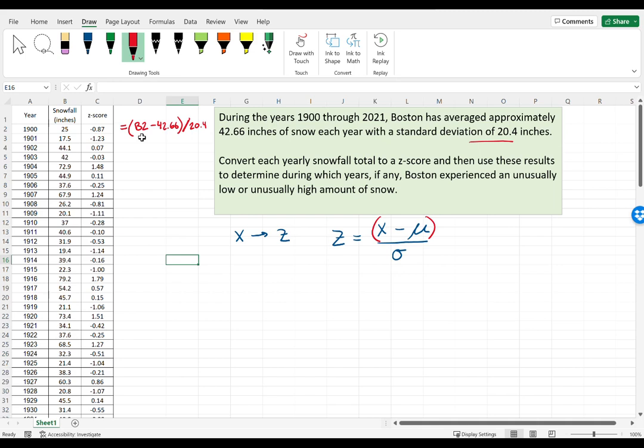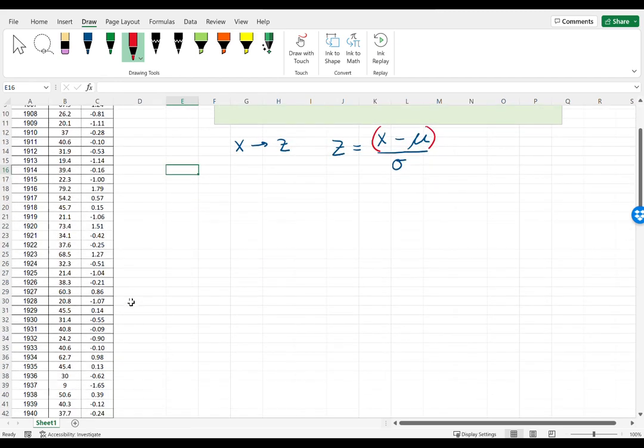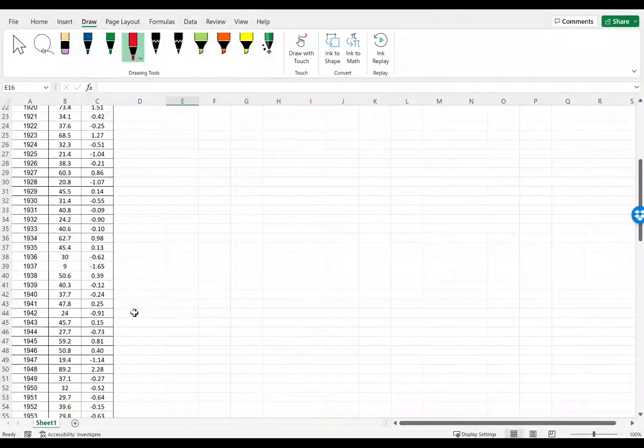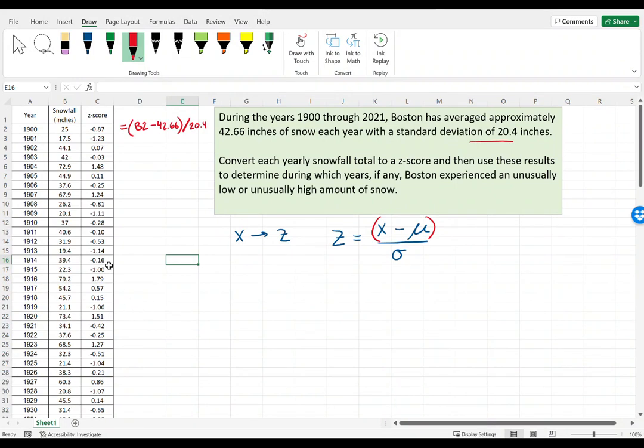That's precisely what a z-score is. It's just an abbreviated way of saying the number of standard deviations away from the mean. So when we look at column C, if you see any z-scores that are bigger than 2 or smaller than -2, then those years had an unusual amount of snow. We could go ahead and put column C in order from largest to smallest or smallest to largest. It doesn't really matter, but let's put them in order so we could see the really big positive z-scores and the really big negative z-scores